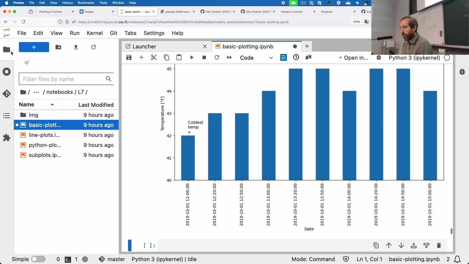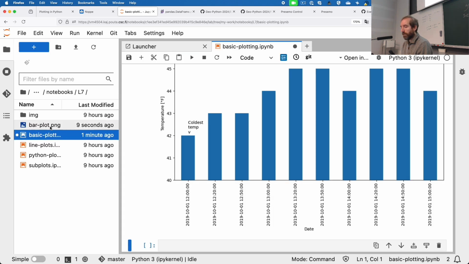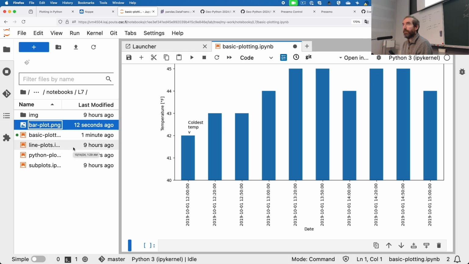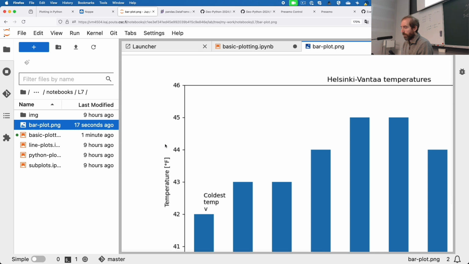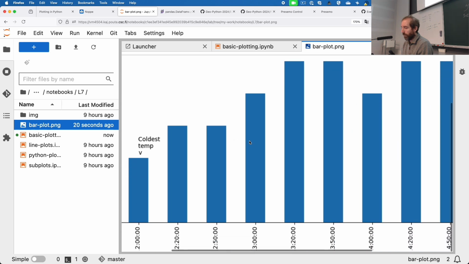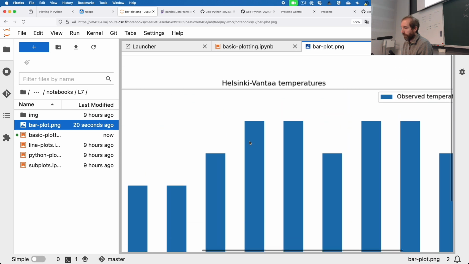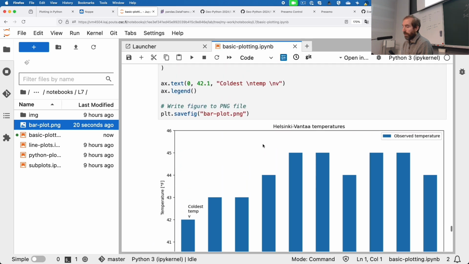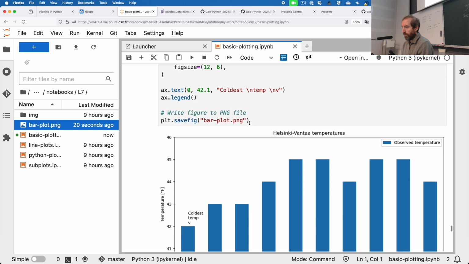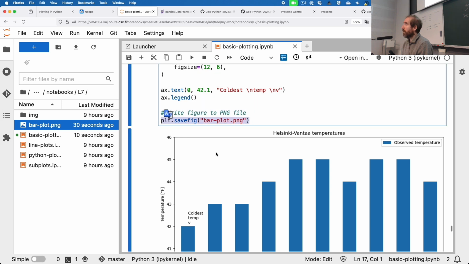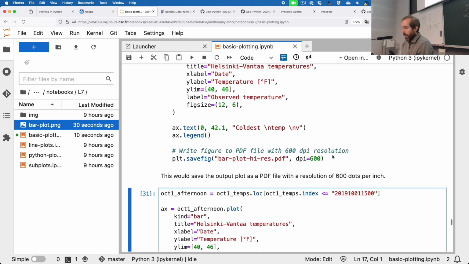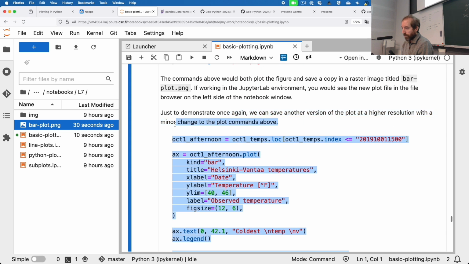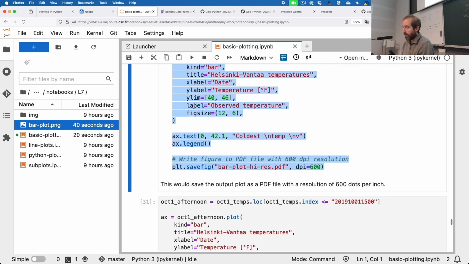But if we go into the file browser, you'll now see there's this barplot.png file that has been produced by the plt.savefig command. And if you double click on that, it's basically the same graphic that we were just looking at. So nothing really too surprising here. But it's quite simple that you just add this to save your plots to a file. And there's another example here. If we want to make a high resolution bar plot, this is the same plotting stuff that we did above,